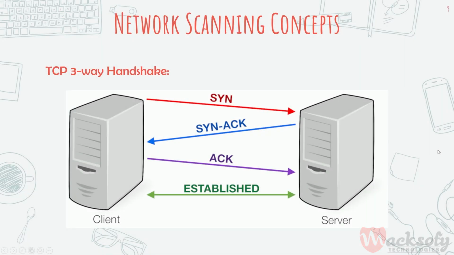Since we talk about TCP, we need to know how TCP communication works. TCP communication works through the TCP three-way handshake, where the client sends the synchronize packet, which tells the server to initiate a connection, and then the server responds with a SYN ACK, giving an acknowledgement along with the SYN packet, and then the client returns the acknowledgement to the server, and then the connection is established. This way of passing data packets is known as the three-way handshake. Remember that these are the network packets used during the TCP three-way handshake.